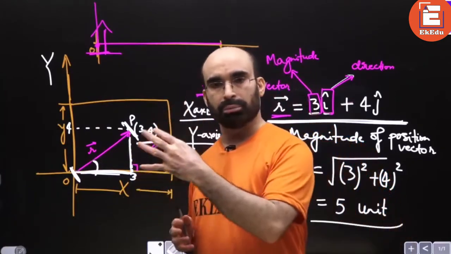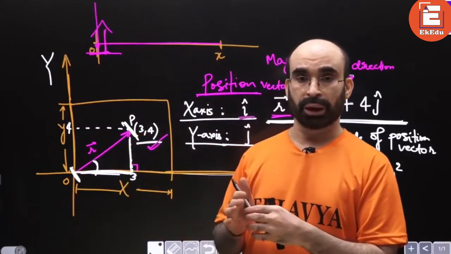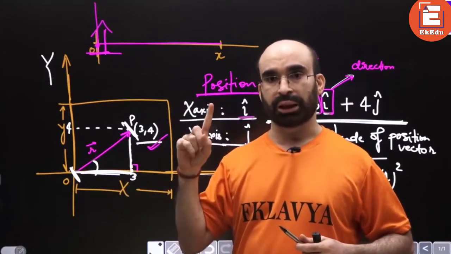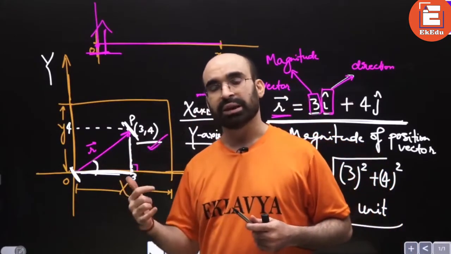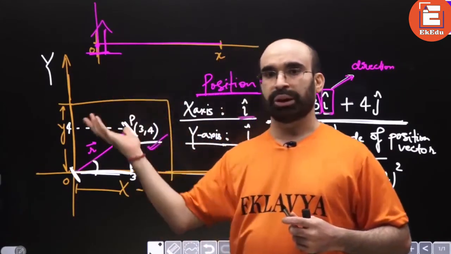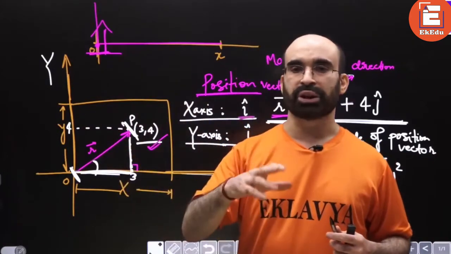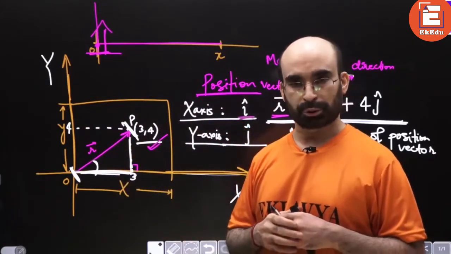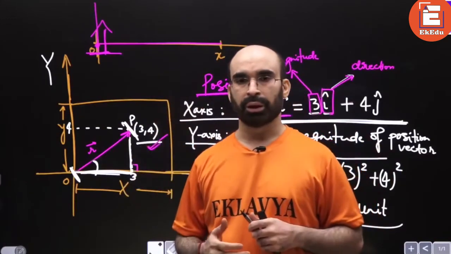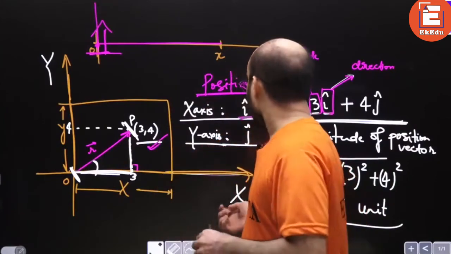the position vector. In a plane, this is how the position of a particle is defined. Second thing that we require, once we know this, is how the change can be expressed. Change in position vector will give us the displacement, right? Then we will talk about the displacement vector, right? This is the basic stuff.